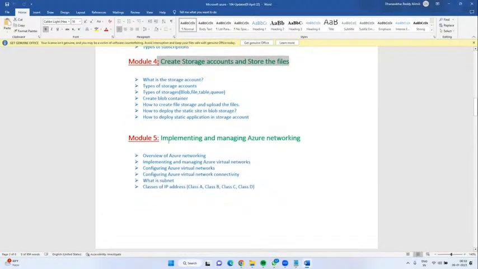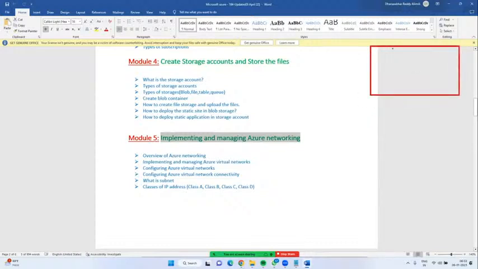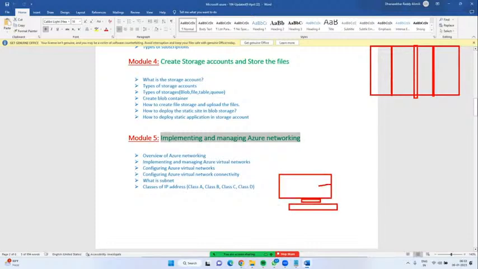Okay, yeah. Next, module 5, implementing and managing the networking. You know, right? If you are real-time professionals, your client data centers are somewhere else, maybe New York or Singapore or Malaysia. So you are sitting in your Hyderabad office, you are connecting to VPN. VPN in the sense virtual private network. The moment you connect the VPN, it establishes the connection to your client data centers. Then you will be able to access the data, services, applications, content.